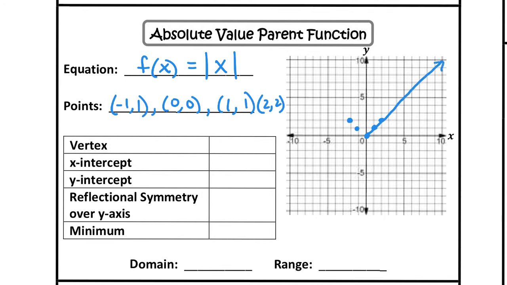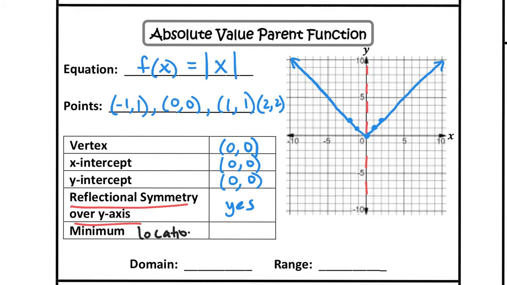So that's one of the key features of the absolute value, creating this V shape. The vertex is where the two lines meet. The x-intercept is the same location, and the y-intercept is the same location. Then there's the reflectional symmetry over the y-axis. We would say, yes, this is one characteristic. And then the minimum, remember, the minimum location is at 0, 0. That's the lowest point